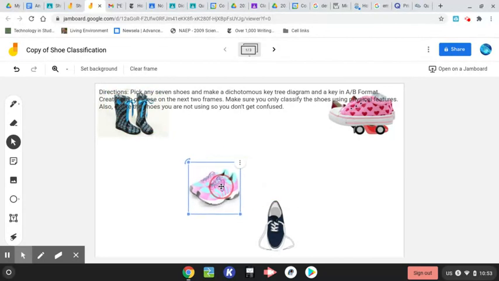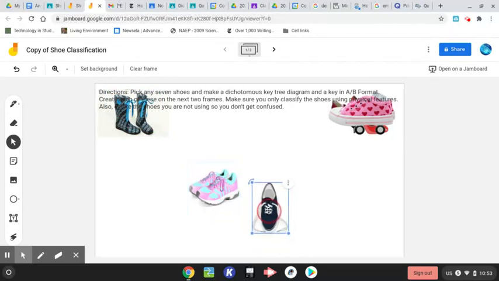Now we need one characteristic between these two. And I'm going to say heel, no heel. I could say untied laces, tied laces. I could say pink stripes, no pink stripes. Blue, not blue. Solid blue, not solid blue. I could do all of those things. Okay. But I'm